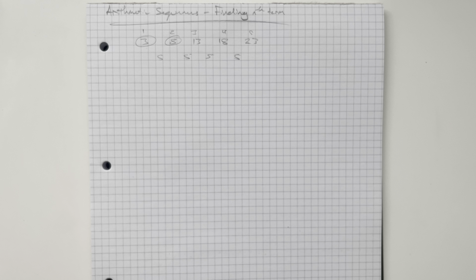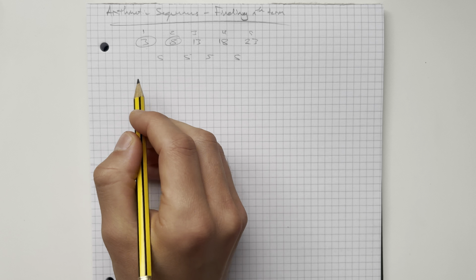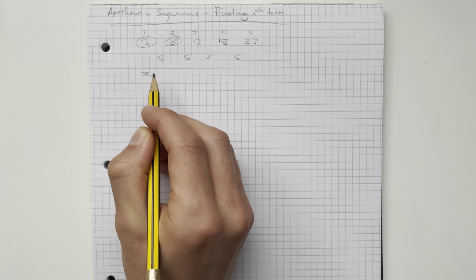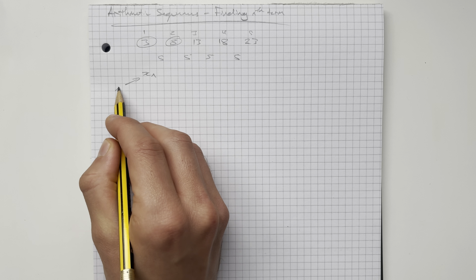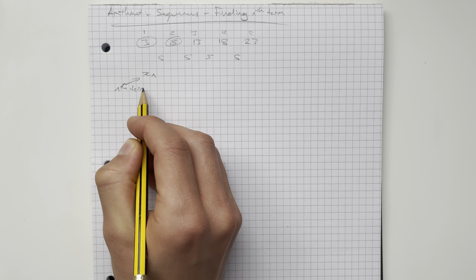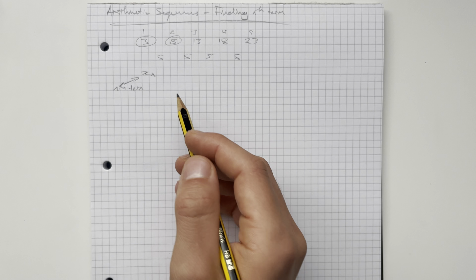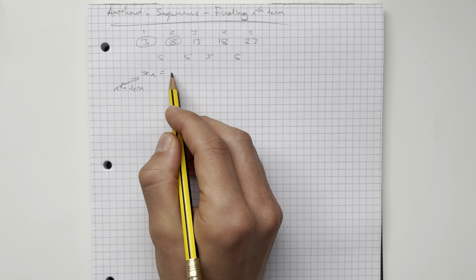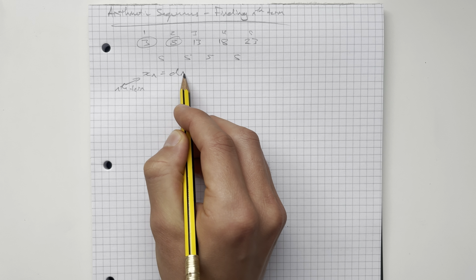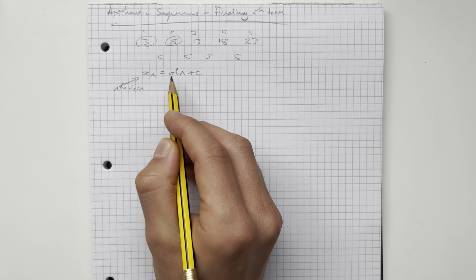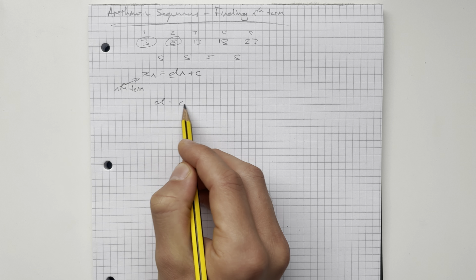The first step is to start with what the general form is. So the general form of it, we think about xn. This is what we call the nth term. So x is the sequence, n is the position, so it's the nth term in the sequence x. And it's always going to be of this form, where we have d multiplied by n plus c. D is the common difference,